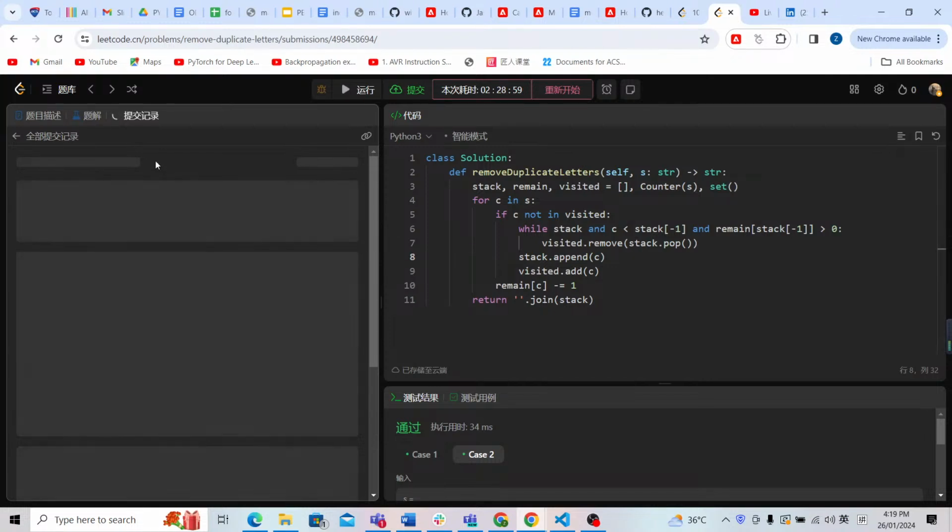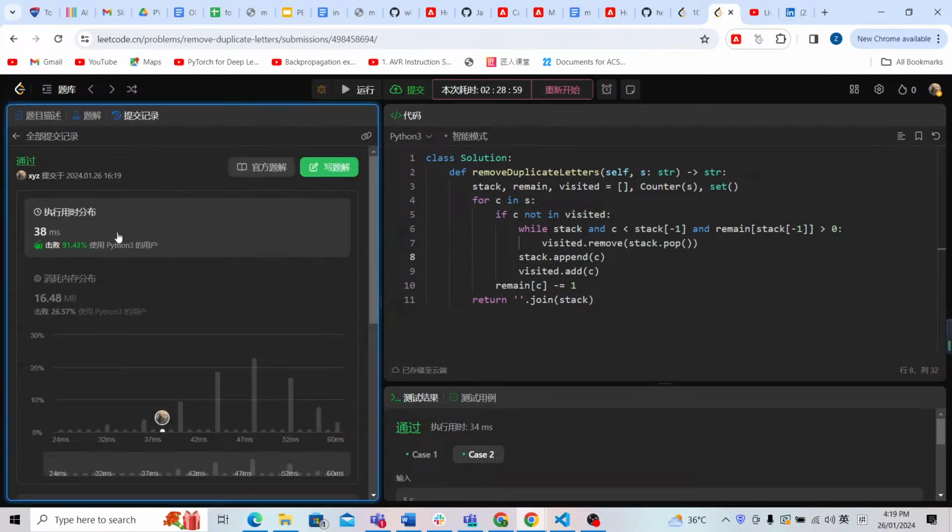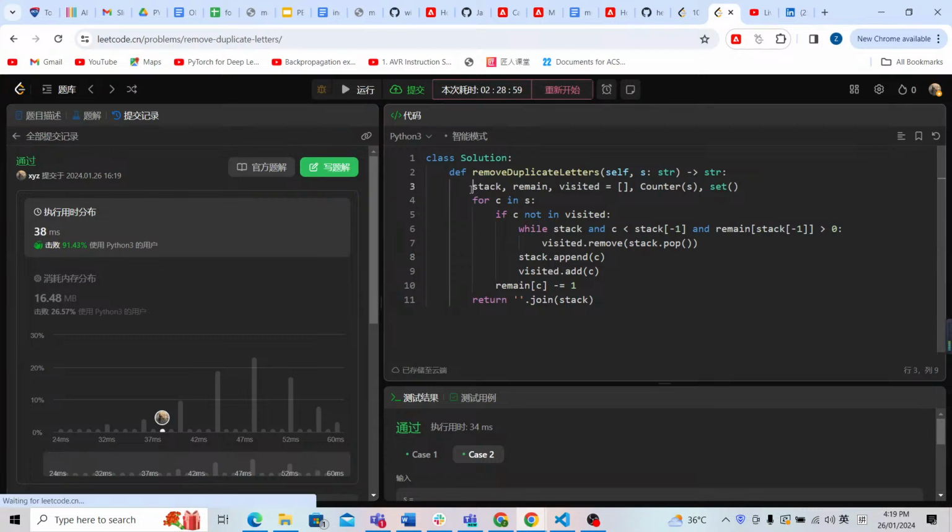Yeah, I think it is quite slow. Yeah, it is okay. As you can see, the speed is much faster. It is 91% because this is O(n). But sometimes even if you submit it, it is slower. But it doesn't matter because we still analyze the time complexity in big O, because it doesn't depend on the machine. Some machines are faster, some machines are slower. It doesn't matter. But while we are analyzing